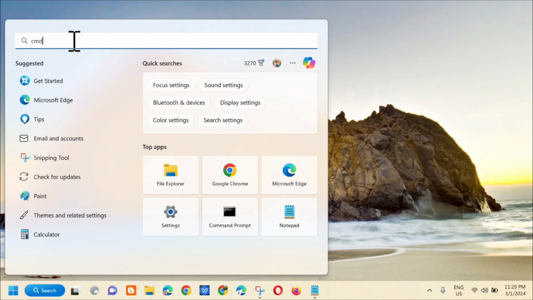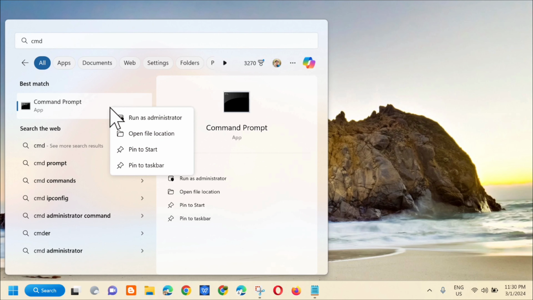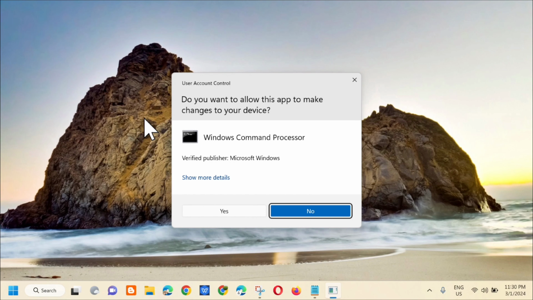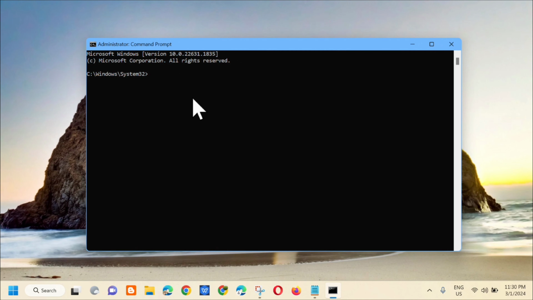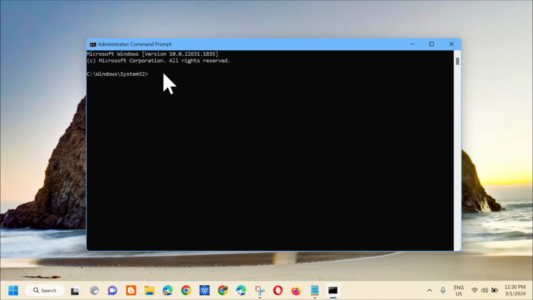type mo lang dito yung CMD or ito yung tinatawag na command prompt, and then kailangan mo lang mag-right click, and then select mo lang dito yung run as administrator, and then if you receive user account control, and then click mo lang tong yes. So dito sa administrator command prompt ay kailangan lang natin i-enter yung command keyword na DISM /online /cleanup-image /restorehealth, and then copy lang natin yan, and then kailangan lang natin dito i-paste, and then press mo lang yung